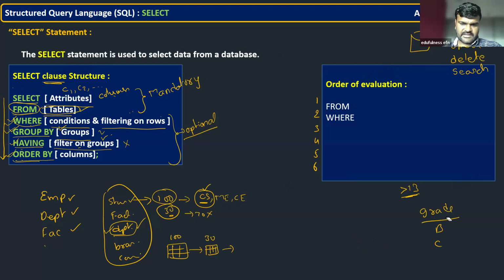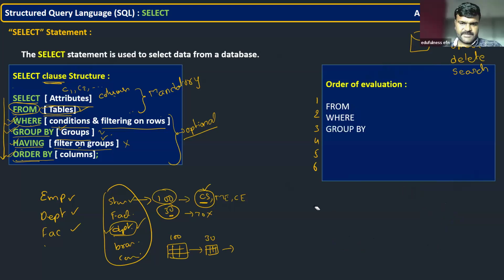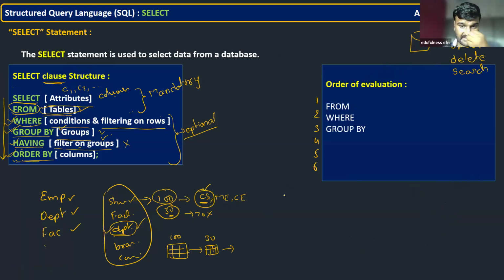Yes, as you told, group by is going to execute next. Because when you perform group by, suppose as we discussed, grade wise, whichever records satisfy the A grade, all of them come in this group, and groups are framed.